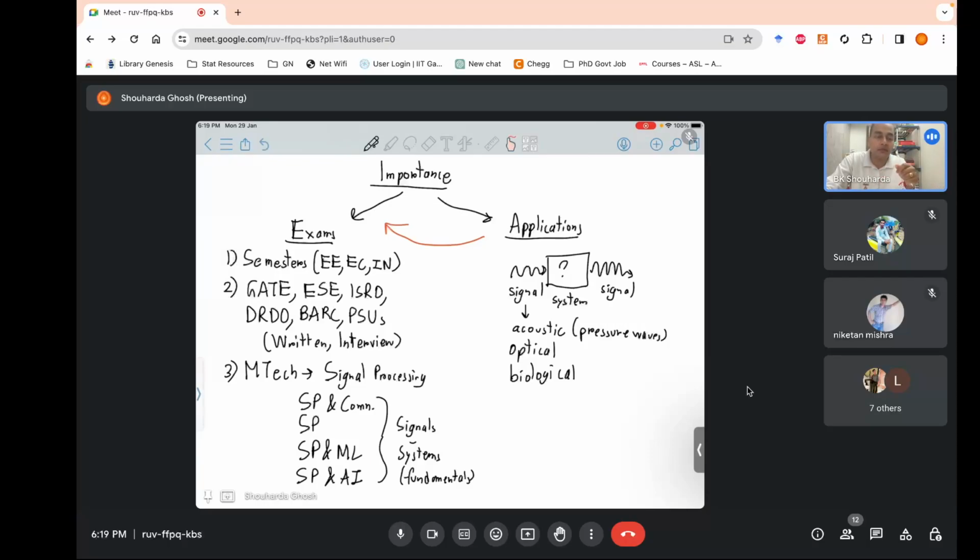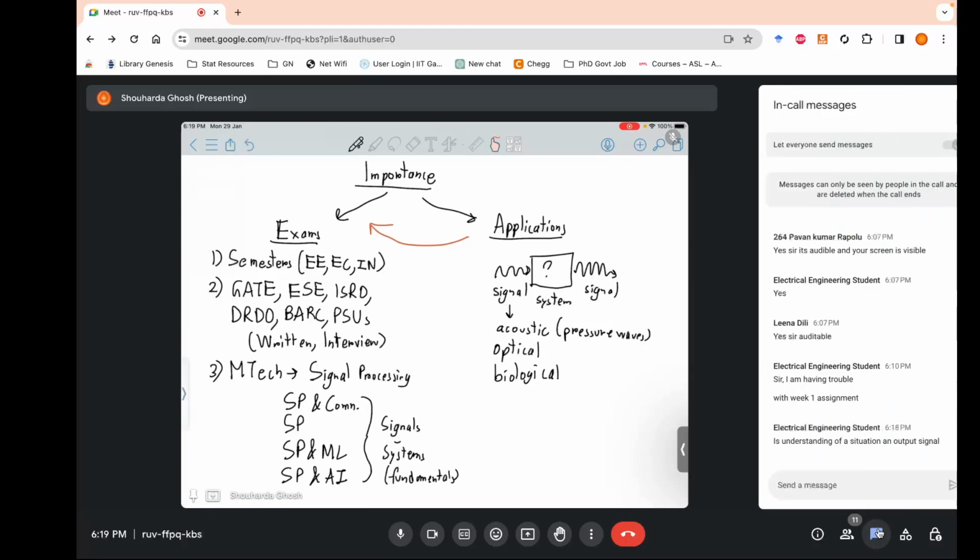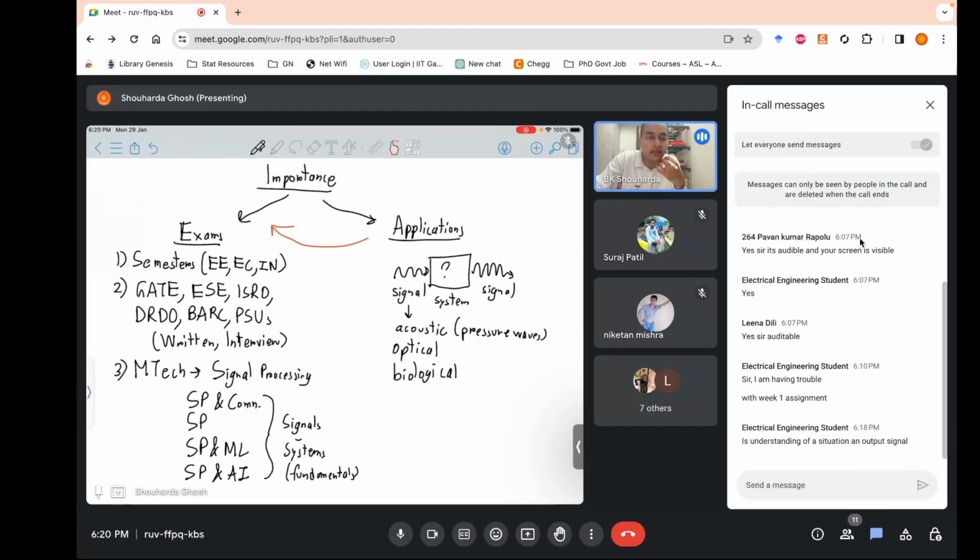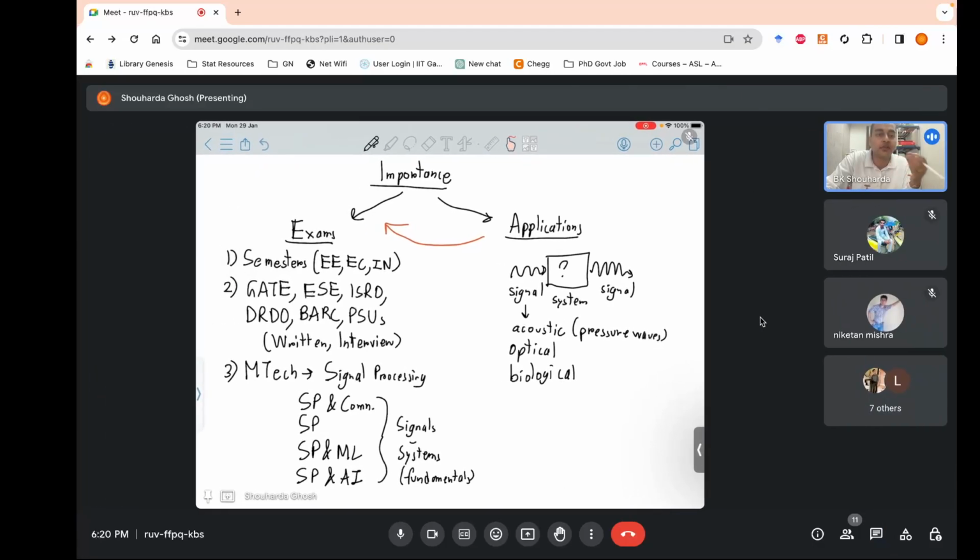So now what happens one day, he just rings the bell, doesn't give any food, but what he found is that this dog started drooling automatically. So basically what is this? It's a signal and system. The output is what you mentioned, the understanding of a situation. So this understanding of situation in terms of the dog is the drooling of the saliva. Okay, so that's also the system based response.